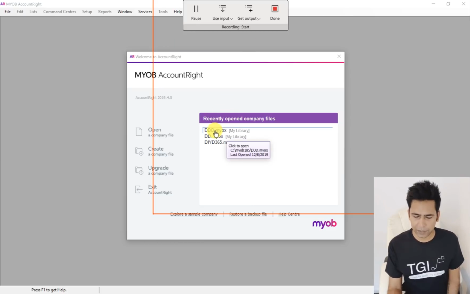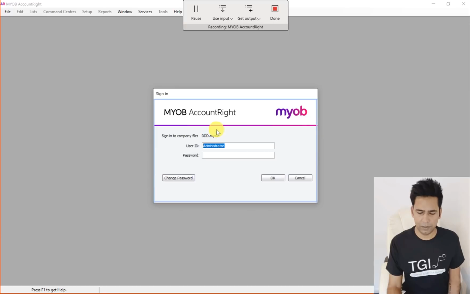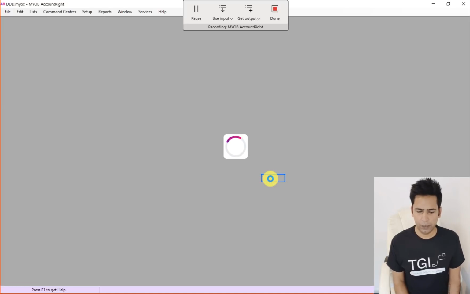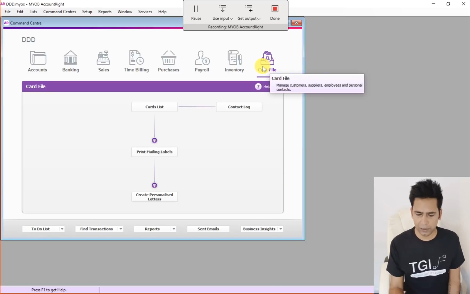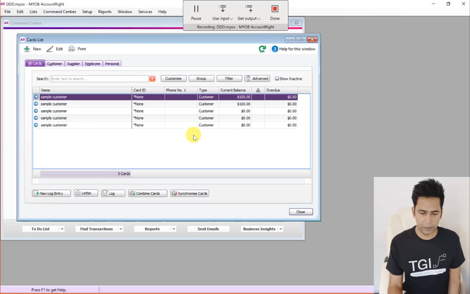So then I'll select my company. This is MYOB operation. I don't know how familiar you are, but if you are, that's good. If not, just select company, and then I click OK. There's no password for administrator, so I click that. Now the next step is you have to go to card file. So you're here, and under cards list, you will be able to create a new customer. This is the list of customers. If I click here on new,